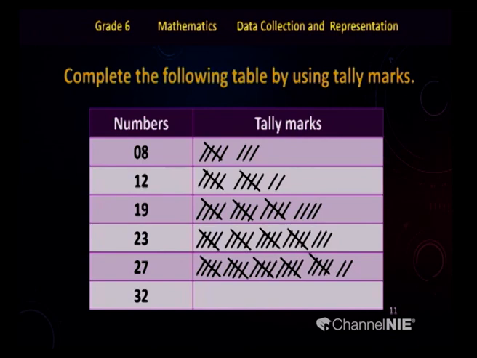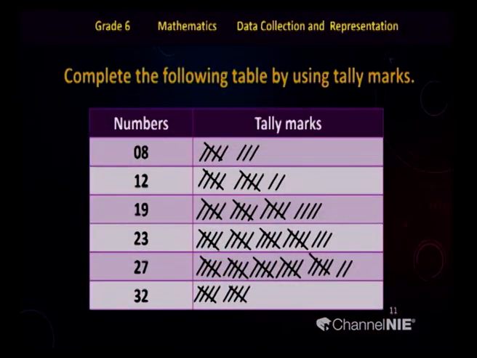Then 32. How many bundles of 5 tallies here? That is 5 times what? 5 times 6 is 30. So you can guess how many bundles here. That is first bundle, that is 5 tallies together. Then next, again 5 tallies. Then next bundle, again bundle. Then that is total, that is 30, and we want 32. Then another 2 tallies we have to draw.